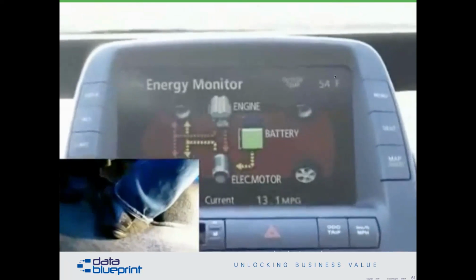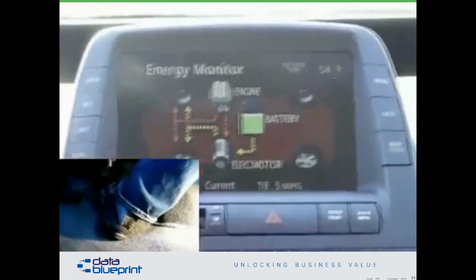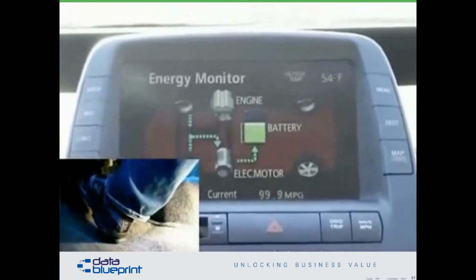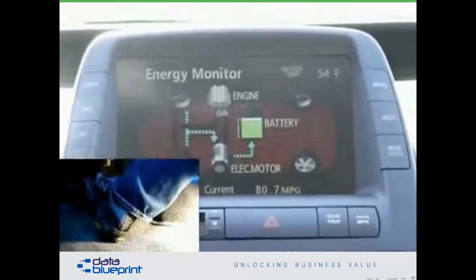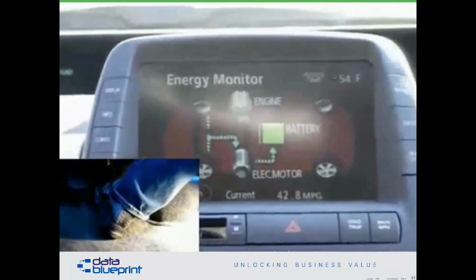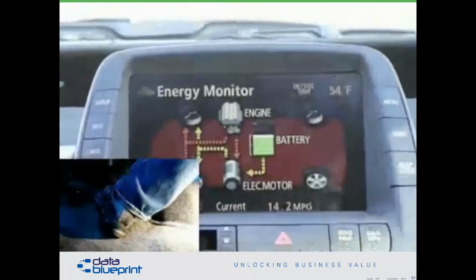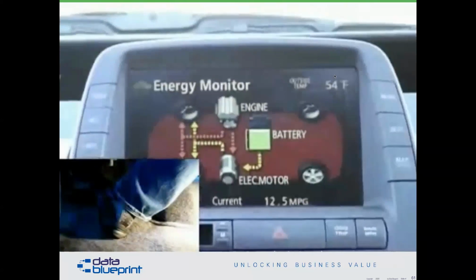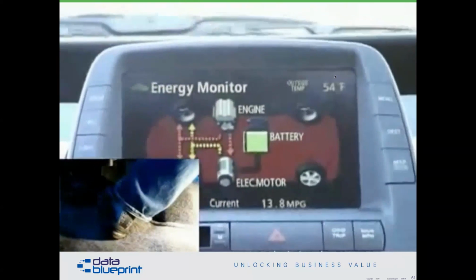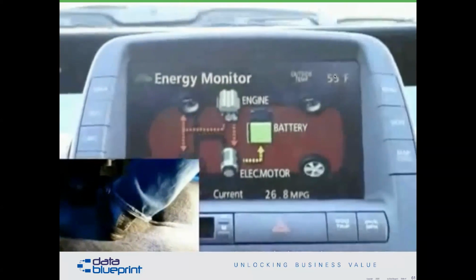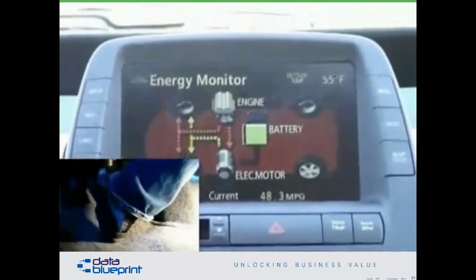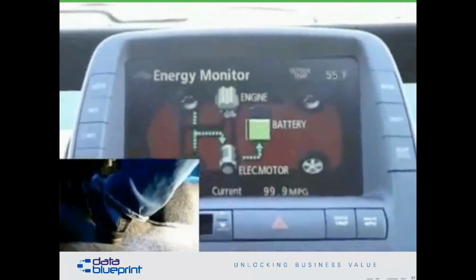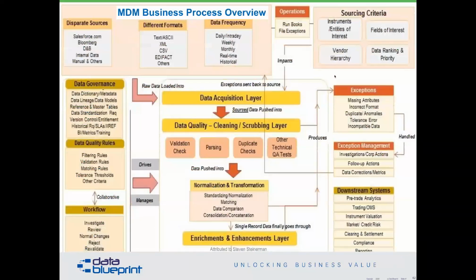Currently, the engine is running and the electric motor is also running. But again, in a few minutes, we may change. I put my foot on the brake, and now you get a recharge on the battery. What a complex system compared to the old way of doing it. And yet, this is the only way we managed to make this work. So hats off to Toyota for creating these hybrids, and we'll see if Elon Musk actually produces all the electric ones that we want. But at least for the moment, this looks like our transition strategy. And having this understanding of what your business processes are is crucial to this.